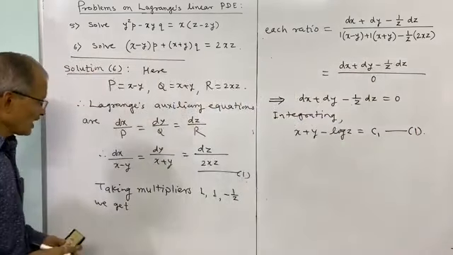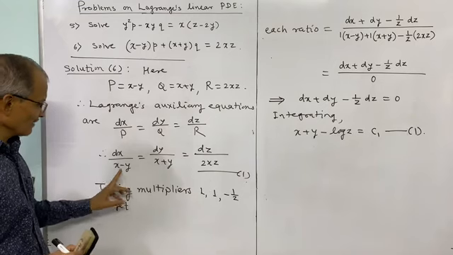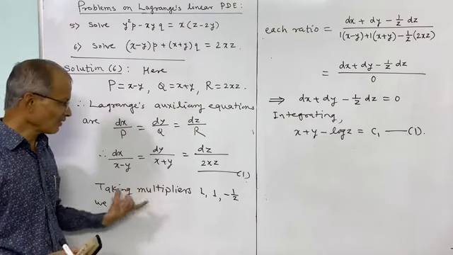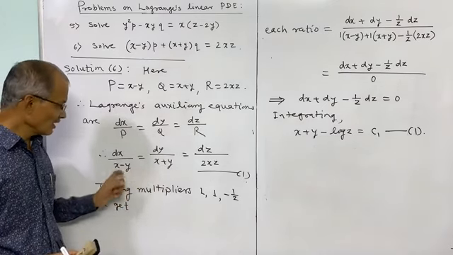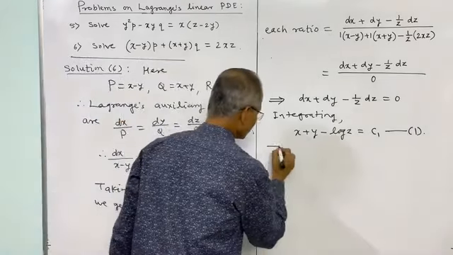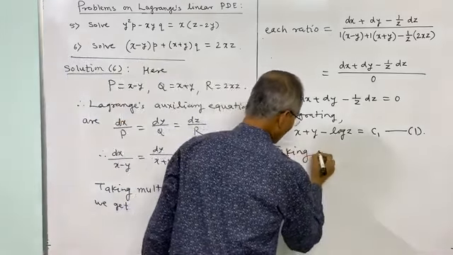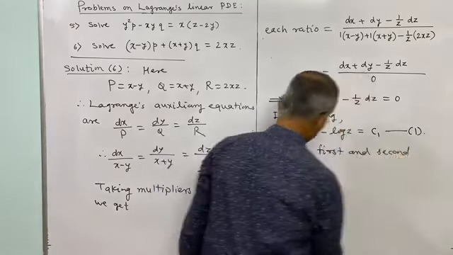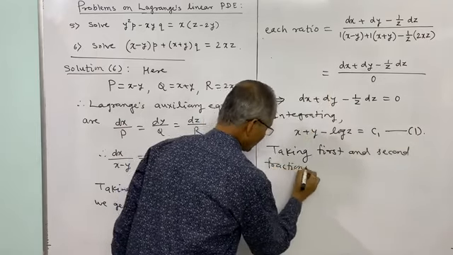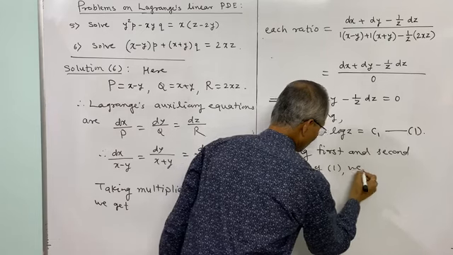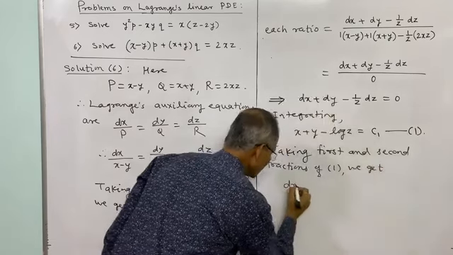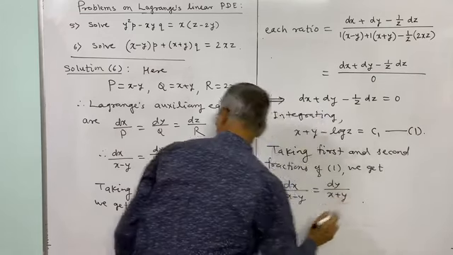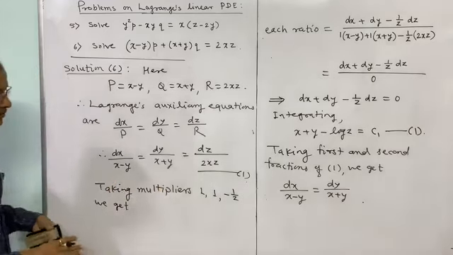Now to get the second one, what we shall do is consider the first and second fractions. Here we have used multipliers, and now we use grouping. So take the first and second fraction. Taking first and second fractions, we get dx divided by x minus y is equal to dy divided by x plus y, taking first two. And now we shall write this as